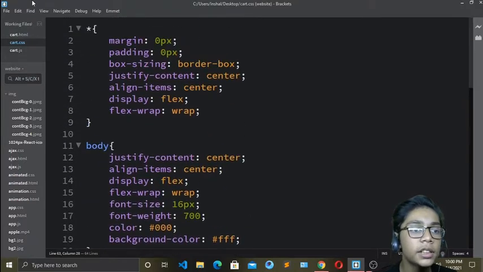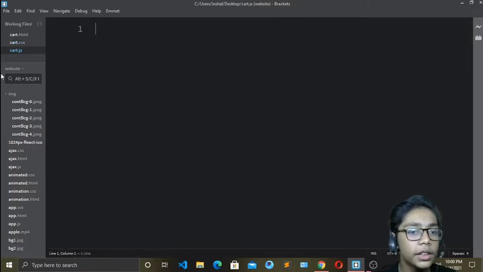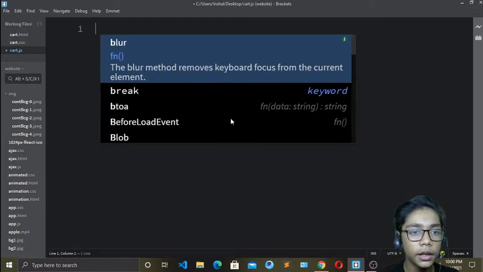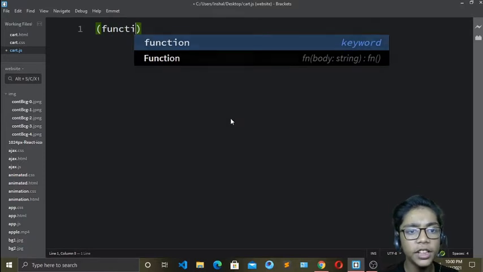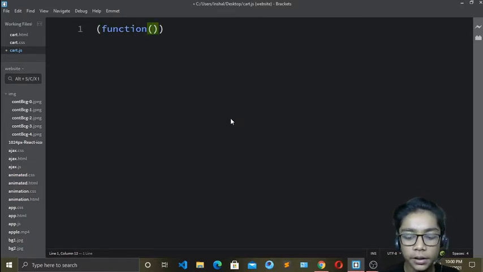When you have done that, we have done all these things over here. Now here you have to do another thing. Go to the JS file, and now we have to write our JavaScript code in that. For writing that, first of all write function. I will write the function tag, and in that I will define my curly brackets.